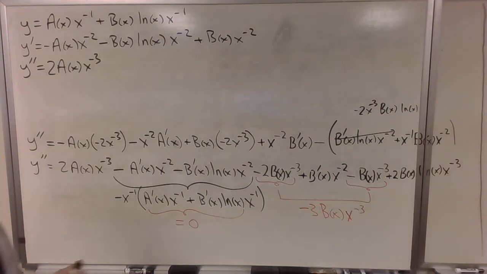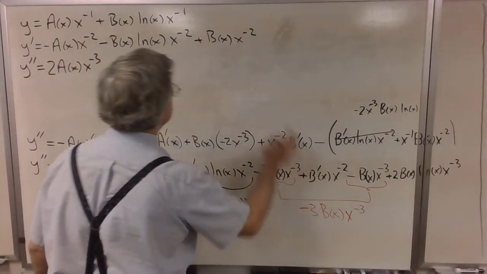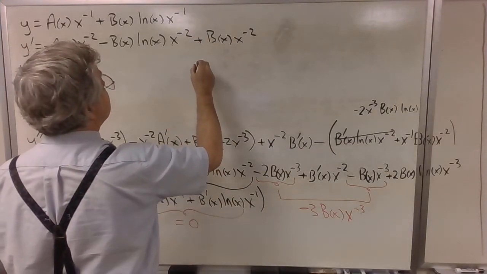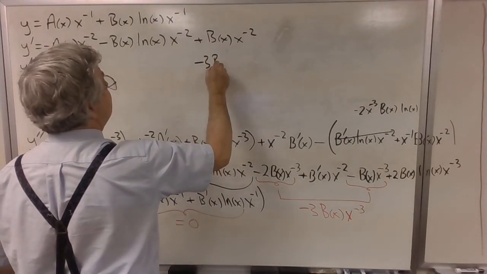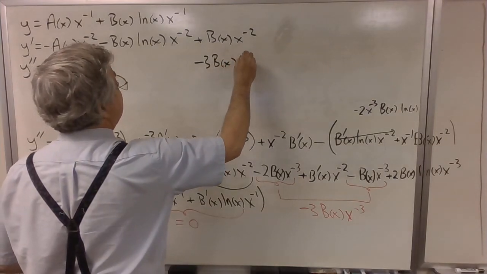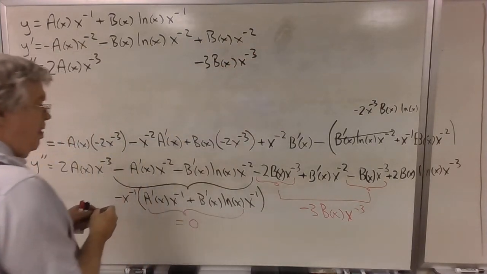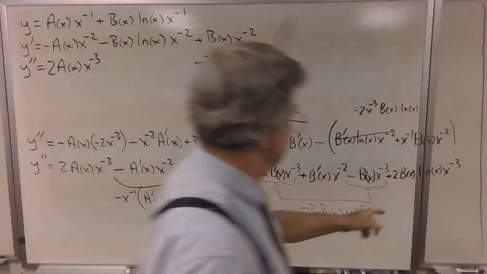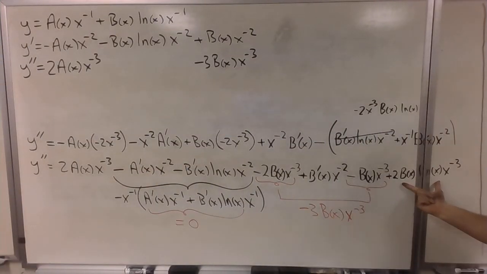And I'm going to stick this term right under that one. And this term right here, 2bx natural log of x, x to the negative 3,